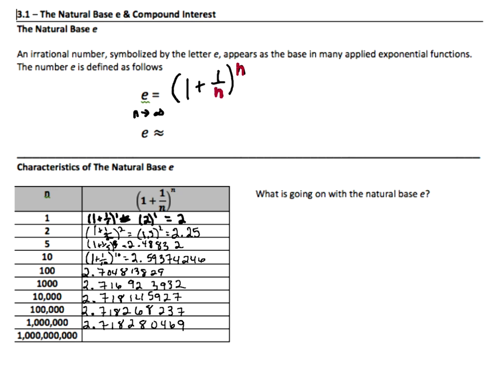And we get 2.718281827. Hopefully you can see that because that fraction's getting smaller and smaller to such minute quantities, that